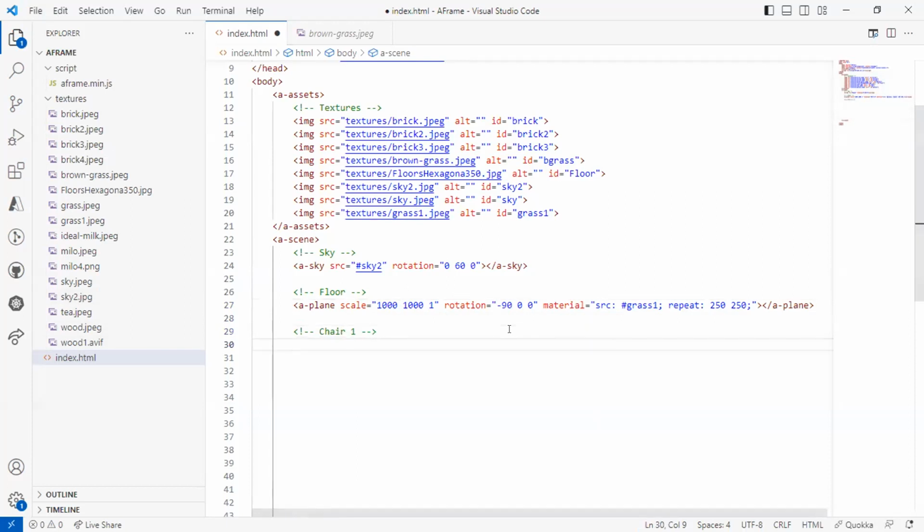So in doing that, I can call what we call the A box to create the first part of the chair, which is the top part of the chair. Now, before I do all of this, just so I have all my objects in the scene correctly placed, I can create what we call an A entity to hold the position of where I want to put that particular chair. So the A entity is going to help us know where we want to put the chair. So I create an A entity,